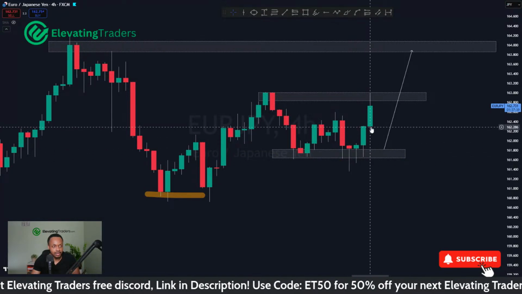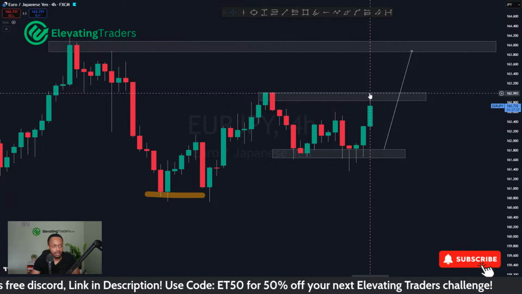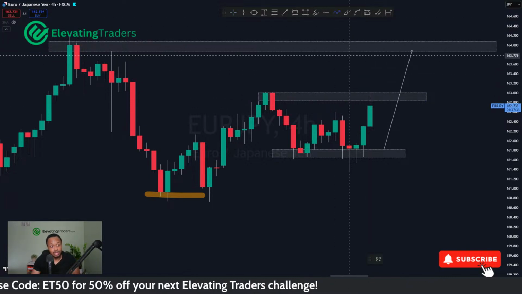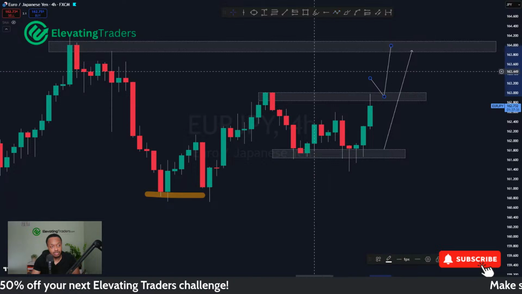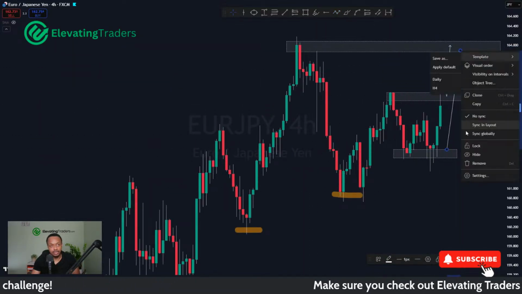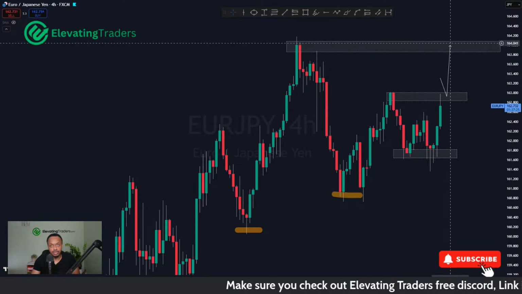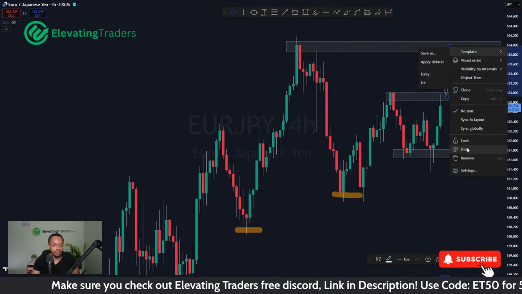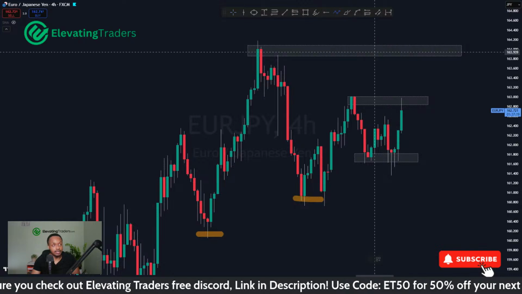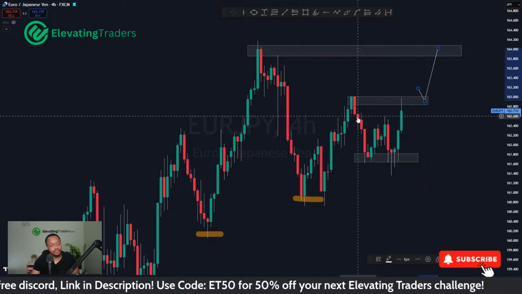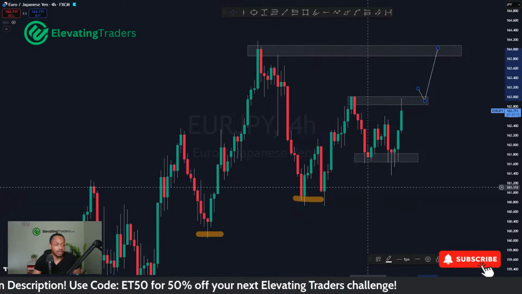So yeah, I do think price can probably rocket into the level, probably even break through. And that might give some nice short-term buys in the lower time frames back into resistance. But I do think the bigger move is the swing lower. We just have to wait for price to set that up. But yeah, if you're looking for some buys, nice break and retest above the high there, I feel like it could give a nice little trade.